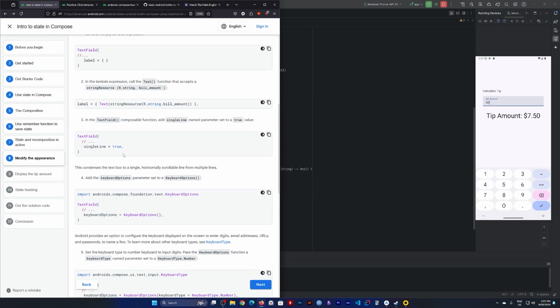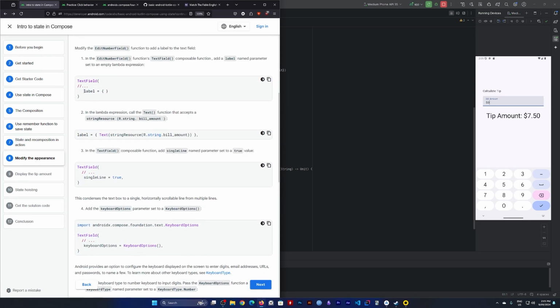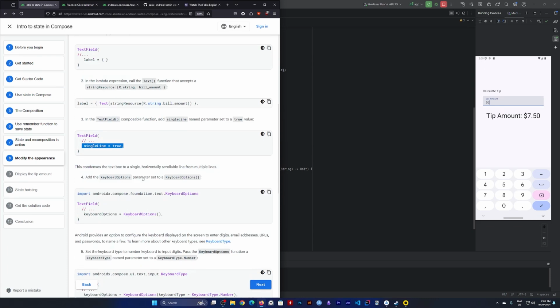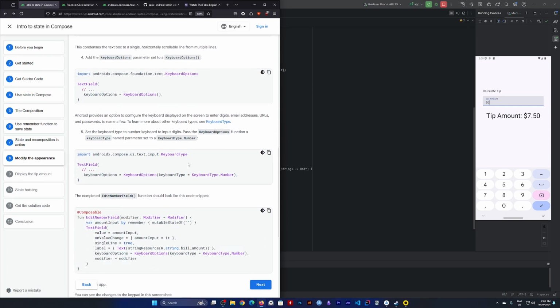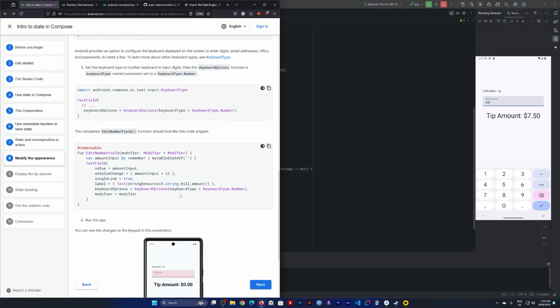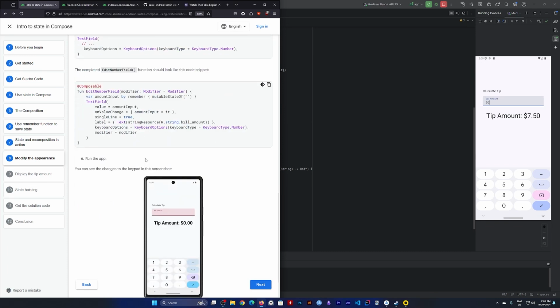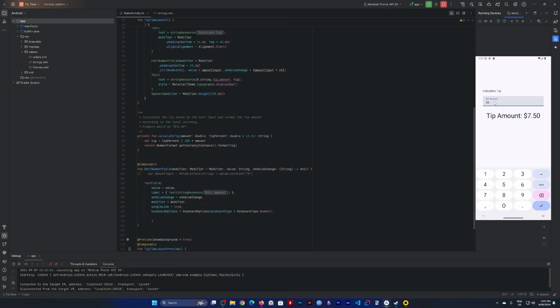So we're trying to modify the text field component by using the first one. We're using label and single line, and we're also using keyboard options. We're passing in keyboard type is keyboard type number to the keyboard options. These are things we need to remember, right? So value, so let's see, single line, label. So label is if the value is okay, even though the value is 0,